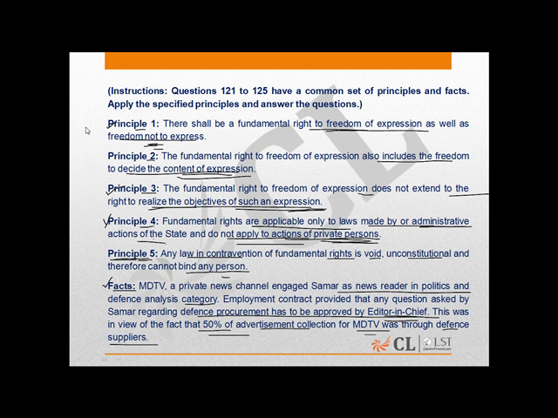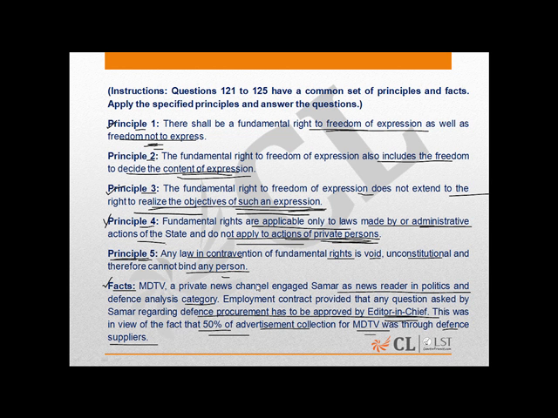In this question, we have five principles. Principle 1 explains to us that there shall be a fundamental right to freedom of expression as well as freedom not to express. Principle 2 explains to us that the fundamental right to freedom of expression also includes the freedom to decide the content of the expression. Principle 3 explains to us that the fundamental right to freedom of expression does not extend to the right to realize the object